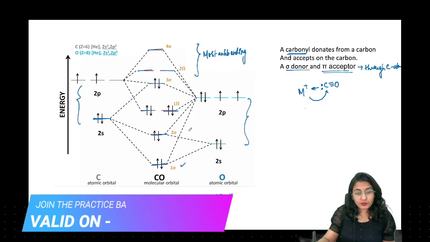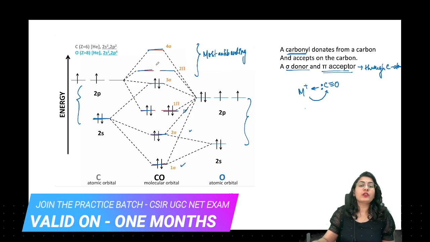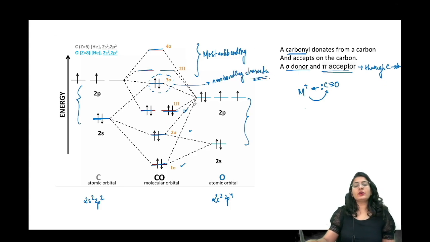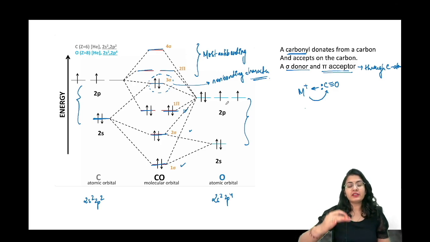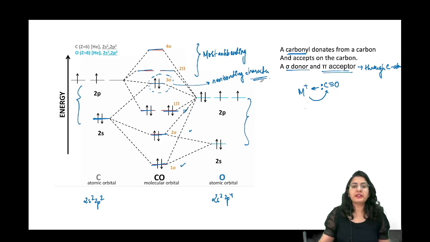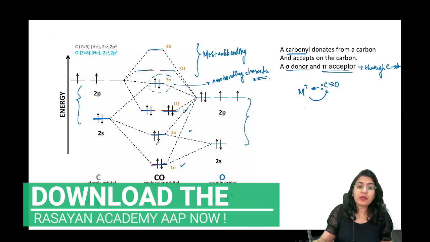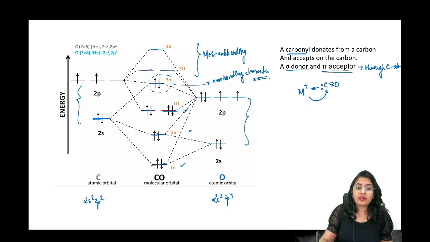These are the most bonding out of all of this, and this has a non-bonding character. Even though you are showing it like this, it is still having the non-bonding character. It can be donated very easily. So how many electrons do you have? You have 4 and 6, so 10 electrons. So 2 in the first sigma, then comes the 2 sigma where 2 more electrons are